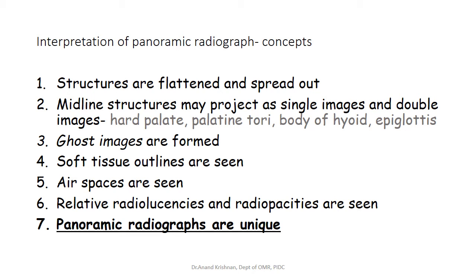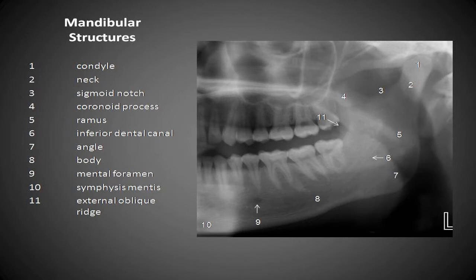And in today's machines, you can even section and take the panoramic radiograph. You don't have to completely expose and take it from edge to edge. You can take a section of a panoramic radiograph as well, and you can take a very small area of a panoramic radiograph as well.